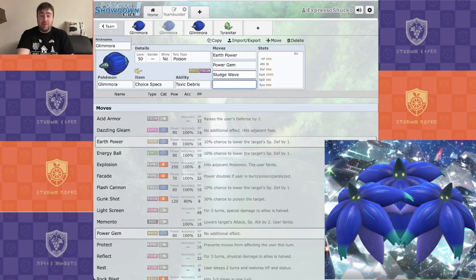have a Steel type on the field next to you, or a Telepathy Mon, like say Gardevoir or Oranguru, you could do something like that to get out of potentially hitting your partner and then being a spread move to hit your opponents. And another thing too, now that I'm thinking about it, is Earth Power is really nice because